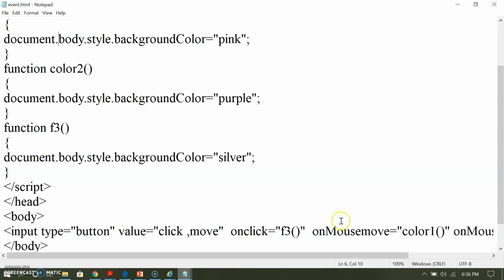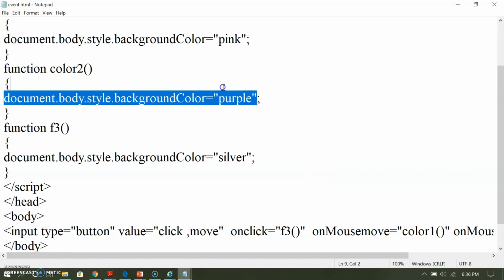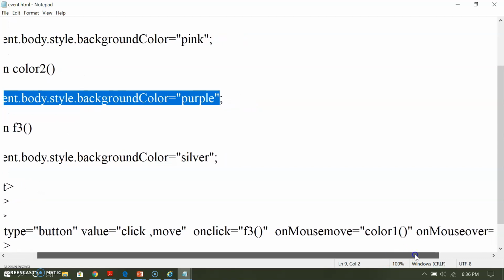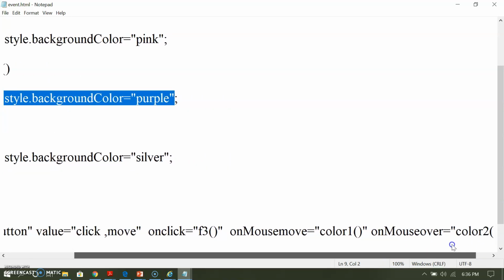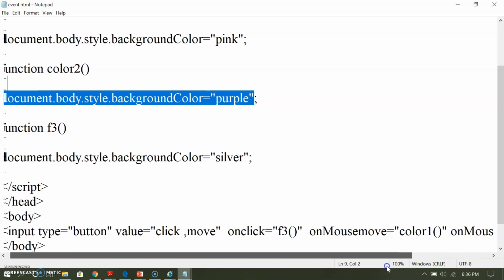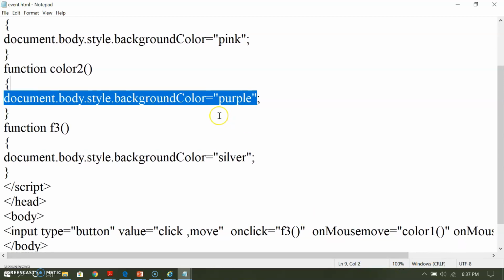When you move the cursor on the button, pink should be the background color, because I have called the color1 function on mouse move. And on mouse over, meaning when you are on the edges of the button, purple color will appear for a fraction of a second, because on mouse over I have called the color2 function, and in the color2 function I have set the background color as purple.